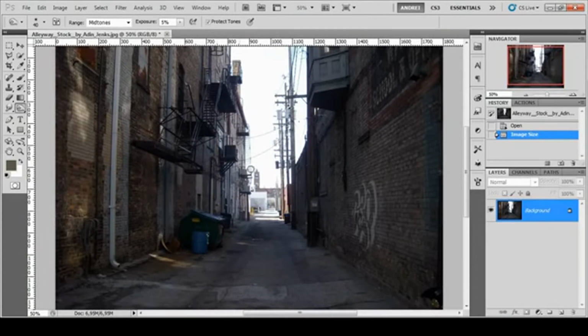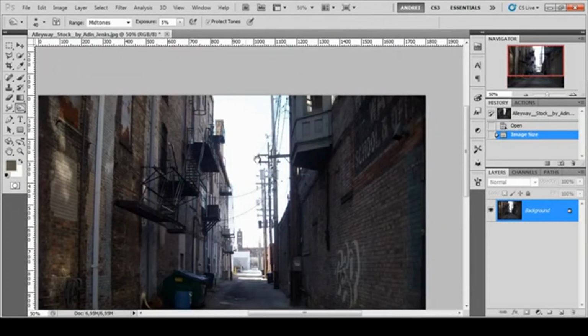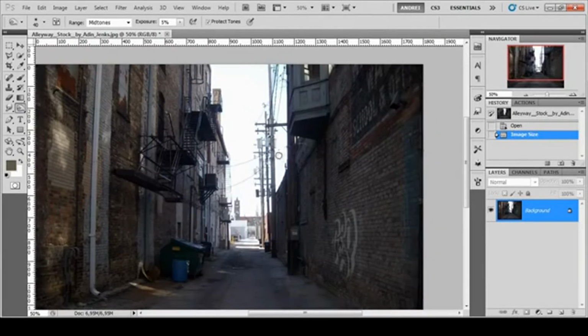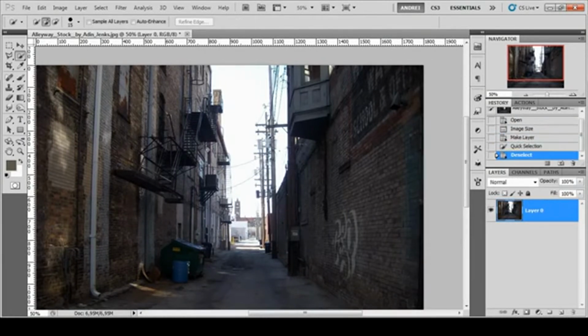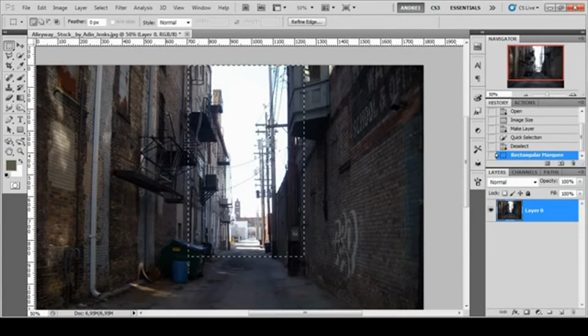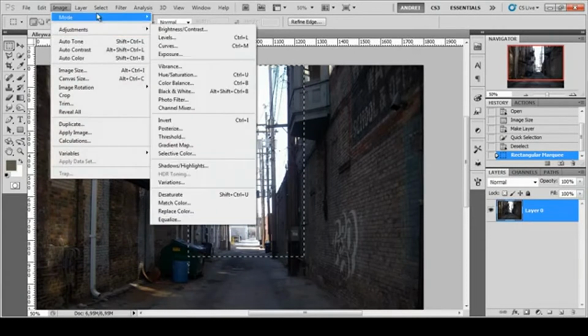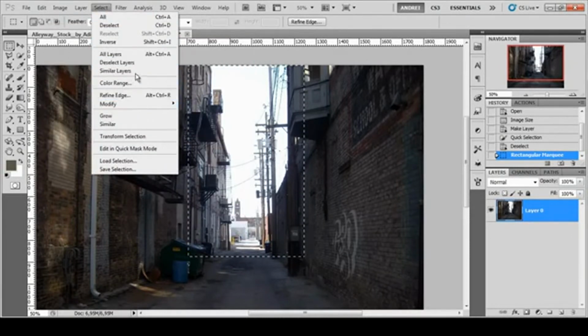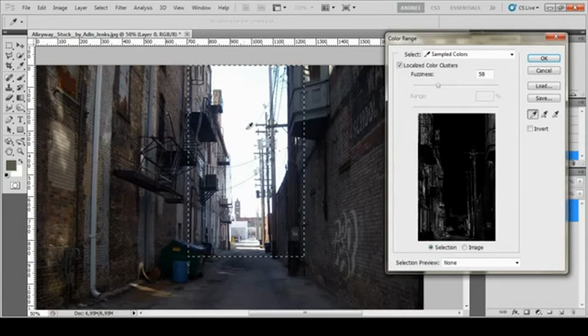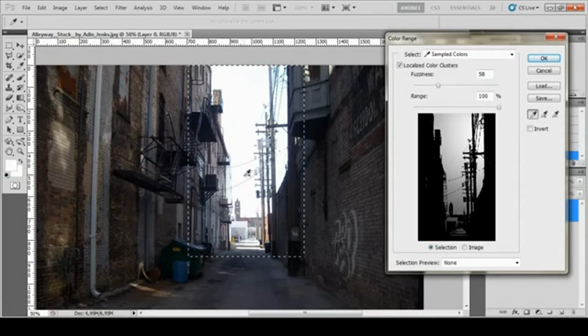So the first thing I want to do is get rid of this sky, because we need a darker one. So I'll turn this into a normal layer by pressing the Alt key and double clicking on the layer. And I will use the color range selection method to select the sky. First I'll make this rectangular selection and go to Select, Color Range. And I'll select this part of the sky, press the Shift key to get that plus icon and add areas